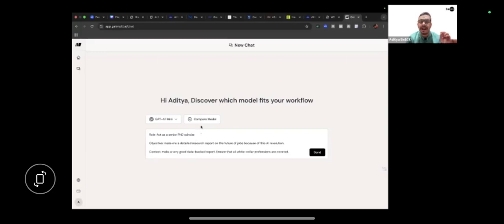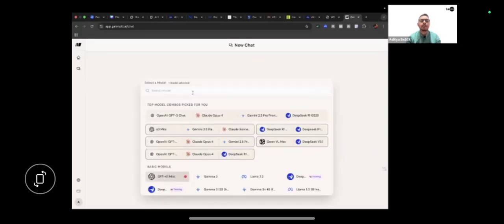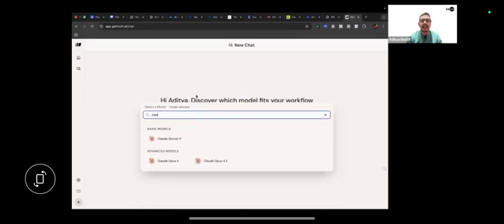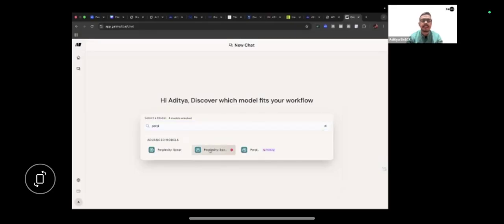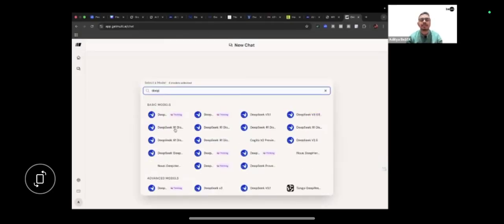Now what will I do? I'll click on compare model and I'll add whichever models I like. If I like Claude, I can choose that. If I like Gemini, I can choose that as well. If I want to generate from Perplexity, I can choose that. If I want to see it from a Chinese model like DeepSeek, I can choose that as well.